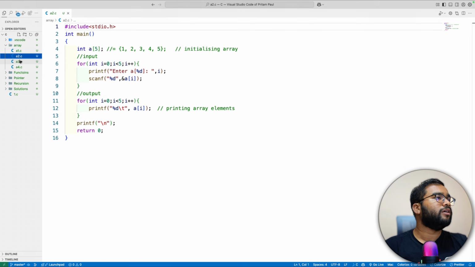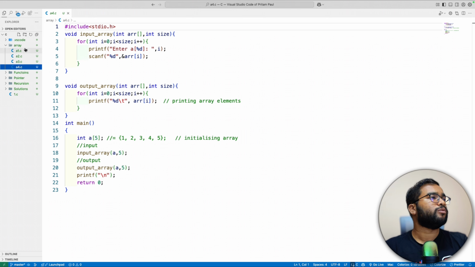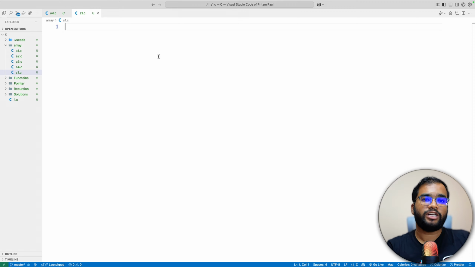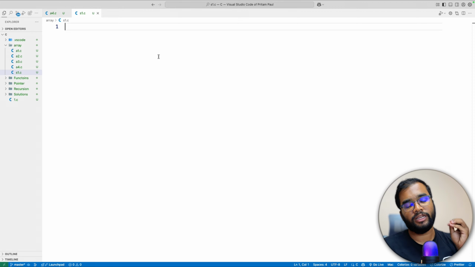Now here we have discussed all these four problems. Now here we are going to discuss some solutions. So the first solution which has been mentioned in the sheet,